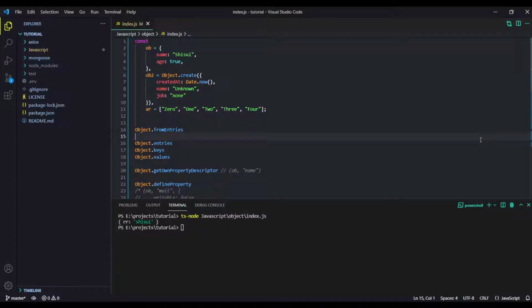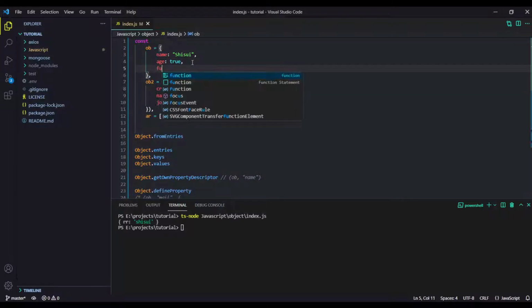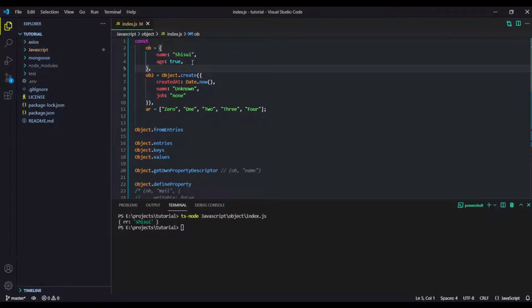So guys, in today's video I will teach you about objects, its class and how to create them. You can simply create an object using the brackets and the values inside. And by the way, you can have functions too, like this. This is the new syntax, or you can use the old one, the function one. It depends on you guys, but anyways, we don't have to define any function, so let's move on.